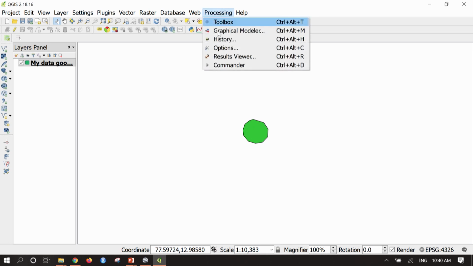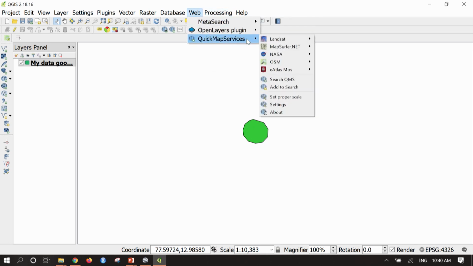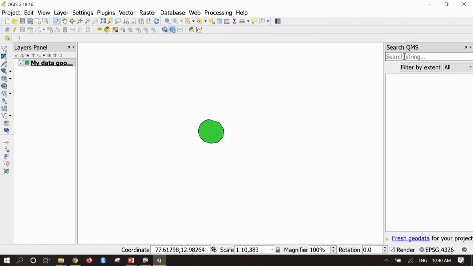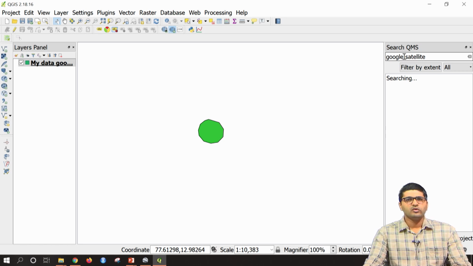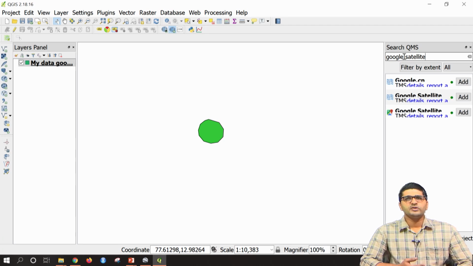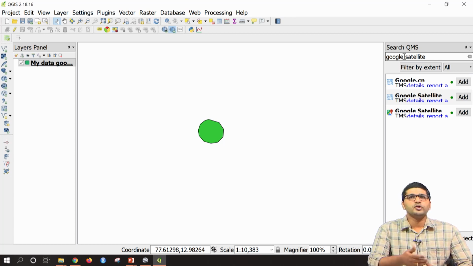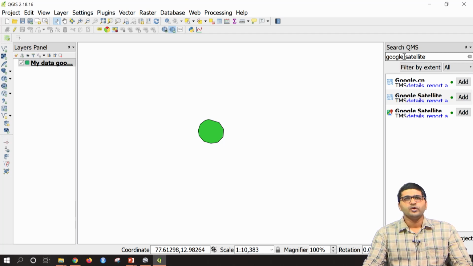Here also we can bring in Google Earth as a background image, which we have seen in the earlier classes. So we can go here and bring Google Satellite as a base imagery and visualize. Similarly, you can create any number of features. For example, if you want to bring in a lot of building rooftops for any kind of analysis such as solar assessment, or if you are doing land use land cover analysis, to get the signature of the places, to get the land use of the places, you can create them in Google Earth and bring them into QGIS or GRASS platform to perform analysis.